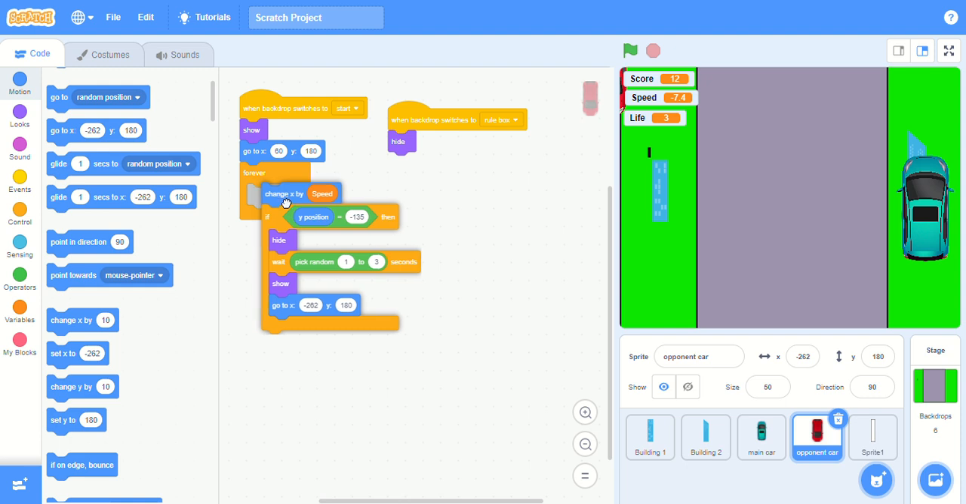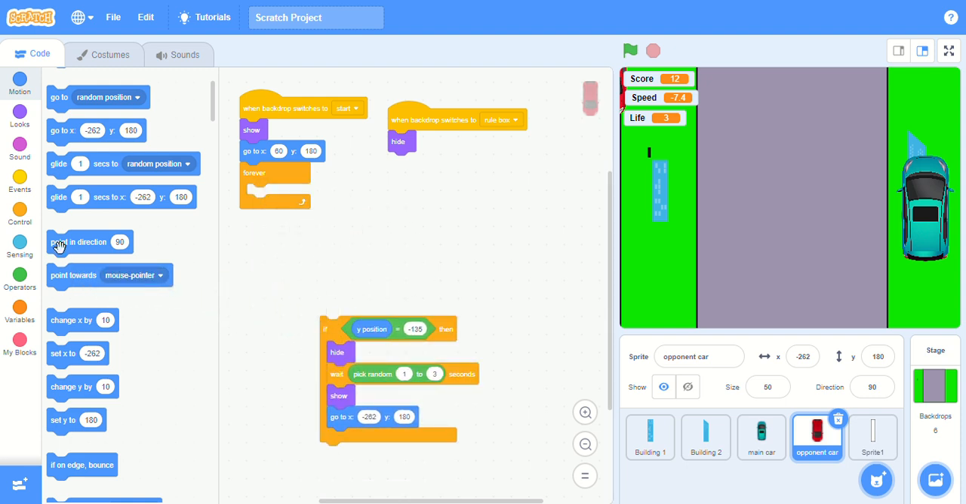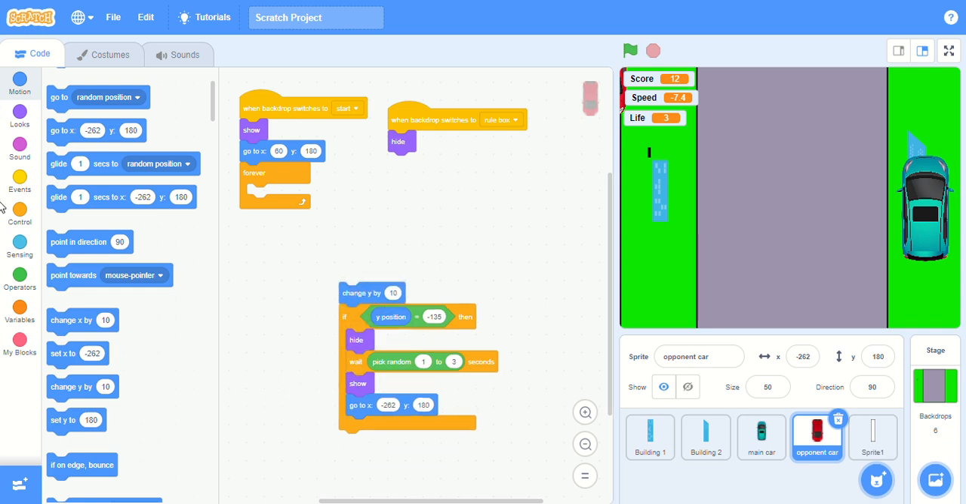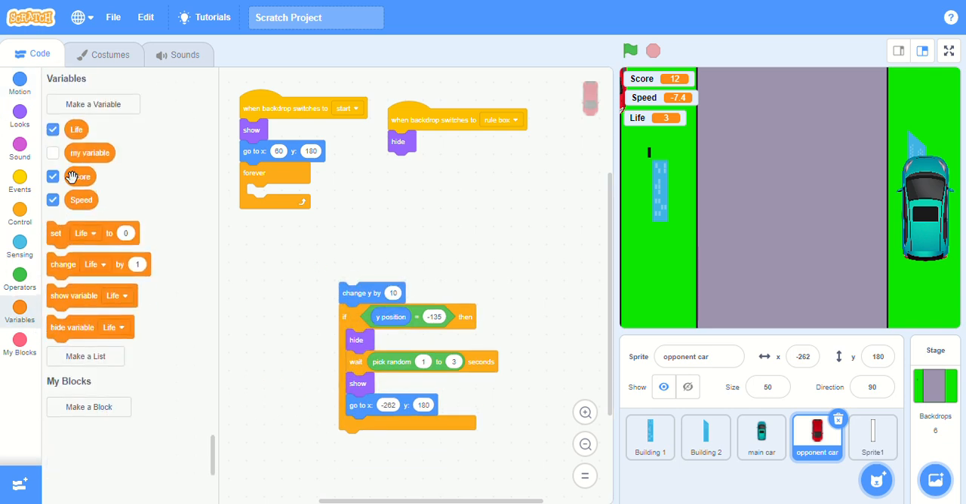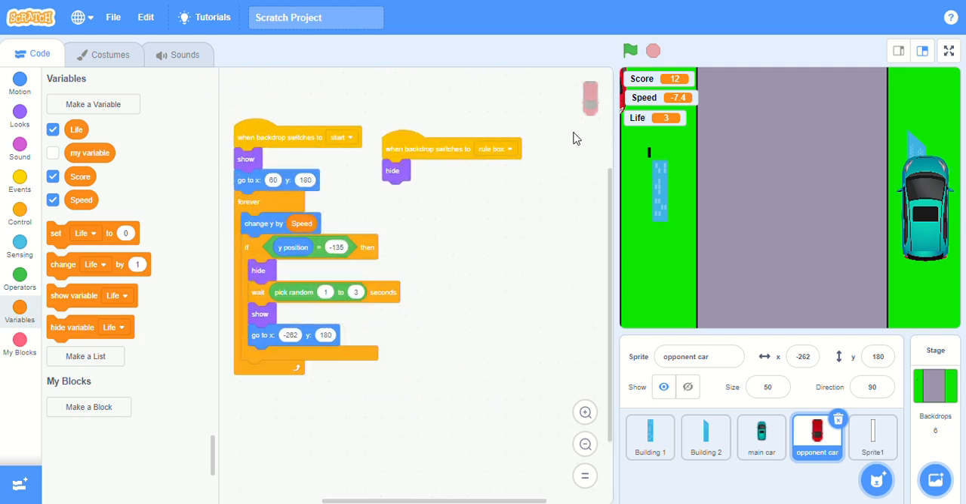Oh, sorry guys, I just put change X by speed. It just changed Y by speed. Okay, sorry for my mistake. Just go to change Y by. Click on speed. Okay, go to go to